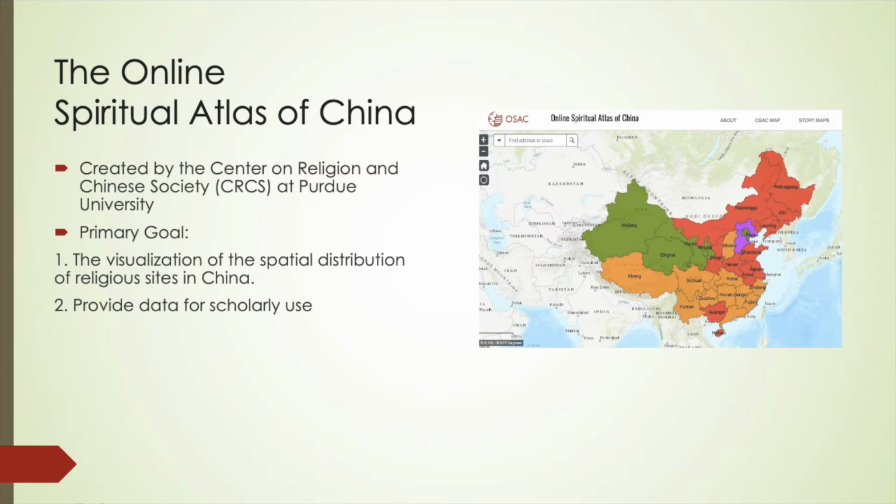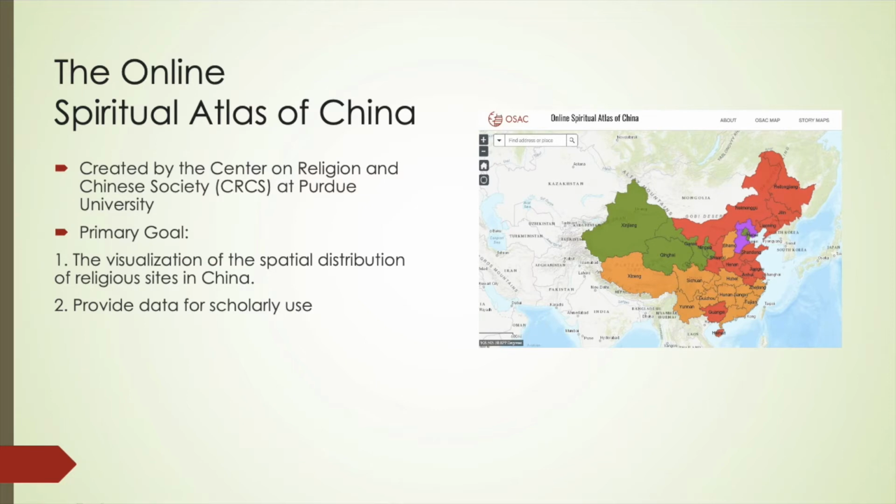This project started with a focus on China that our professors had worked on for years. And recently, we started to expand it into Korea and later further into other Global East countries such as Taiwan and Japan. So, for now, we have collected a large amount of data on religious sites in China and created a mapping website using ArcGIS Online that shows the religious distribution in China.